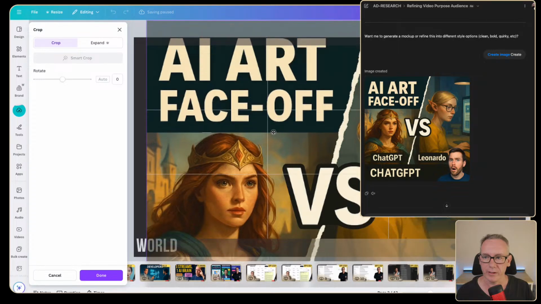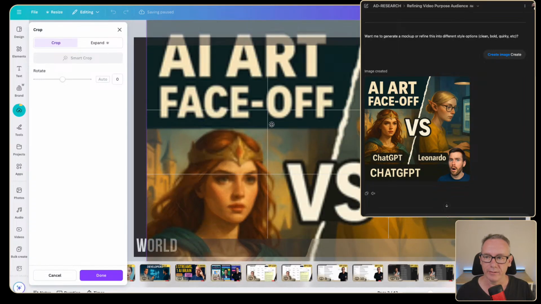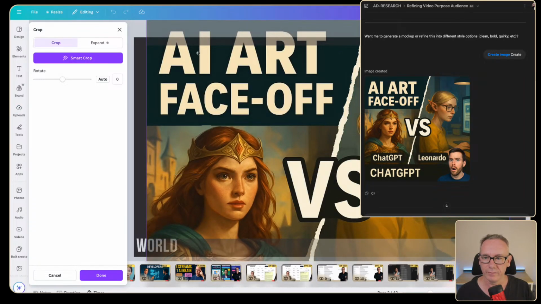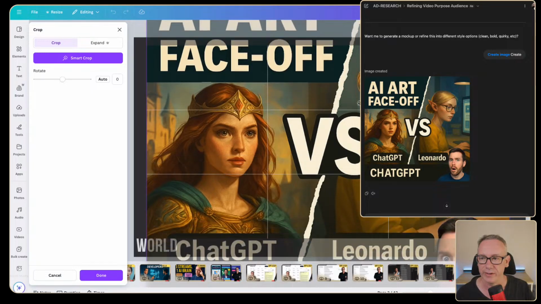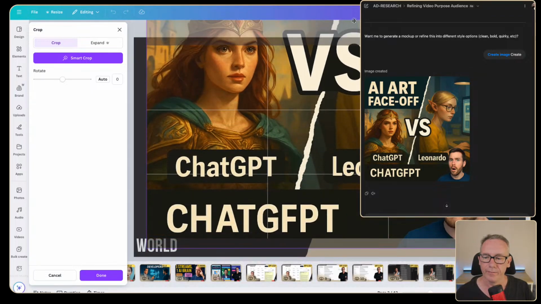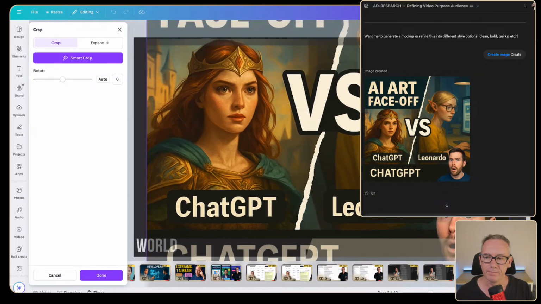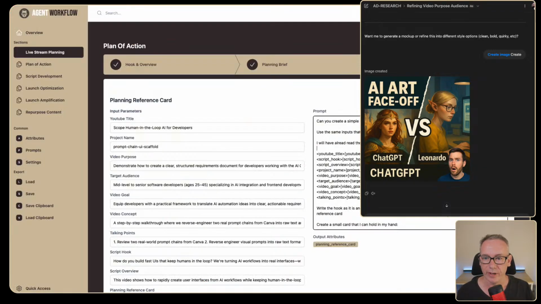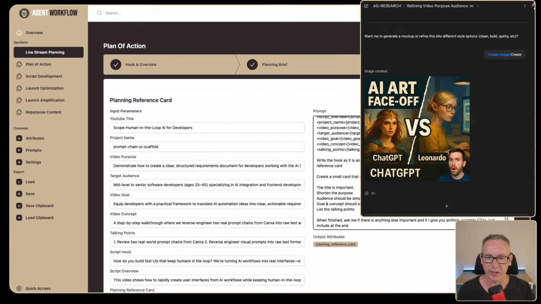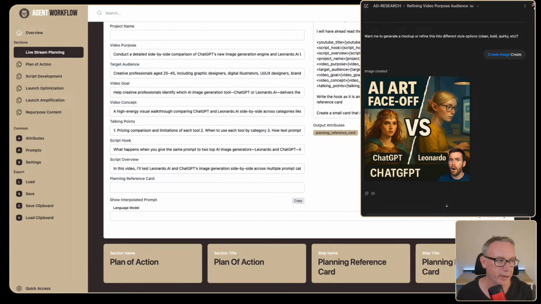and I don't think AI art, I'm not sure whether I'll ever be able to make this one work in that frame. I might have to do another frame for it. Yeah, we'll leave it for now. I can figure that out later. Great, let's move on to the next workflow because I don't think there's anything else I need to do. I could do a YouTube description, but not really needed.